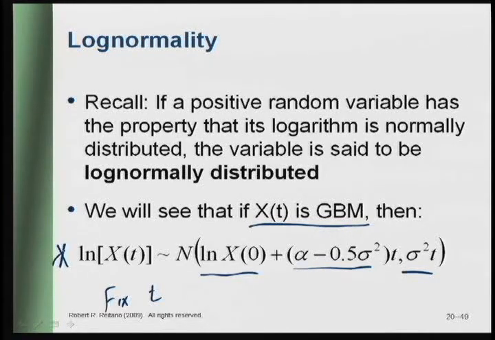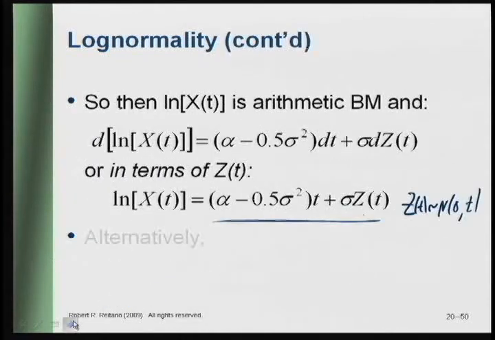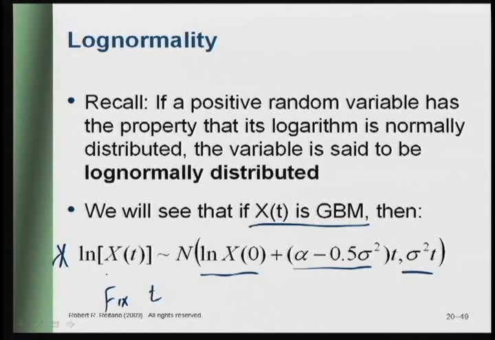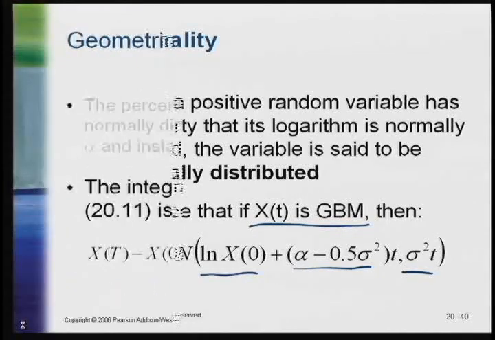But you should feel comfortable in doing the algebraic steps I next did, which is, if this is normal, then that means that the differential, that's equivalent to saying that the differential is arithmetic Brownian motion. And so we can write it either way. We can think of it in terms of the log of x of t, writing it as a normal including its variable, or,